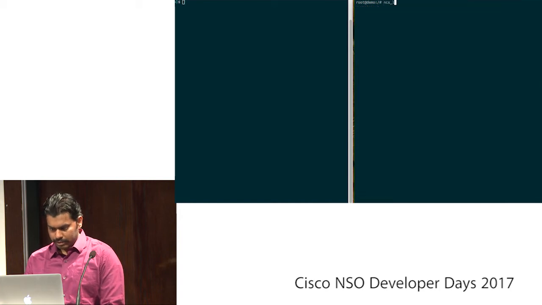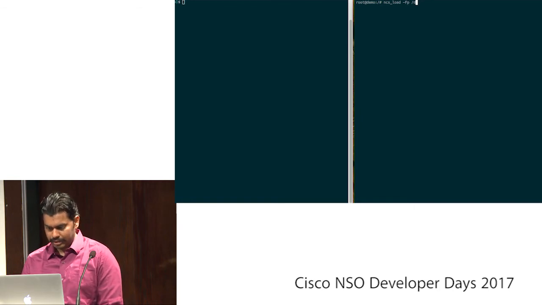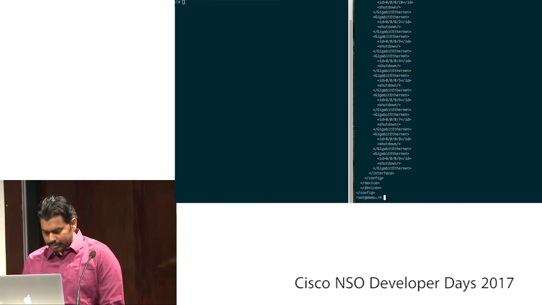For example, ncs_load -p is for pretty printed XML. So let's see device 0. Yeah, so this gives